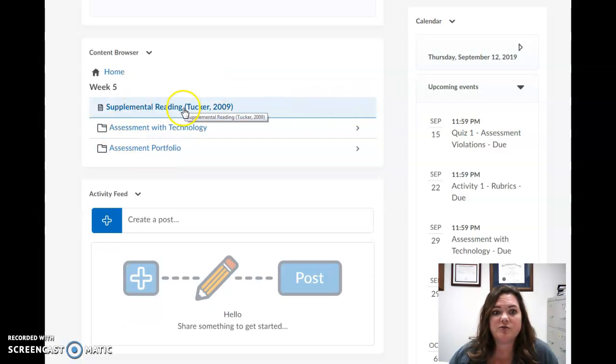First of all, I do want you to complete this reading from Tucker. It's about assessing with technology. So it'll give you a background about the importance and value of technology. And again, it's something that you'll be assessed on. And then